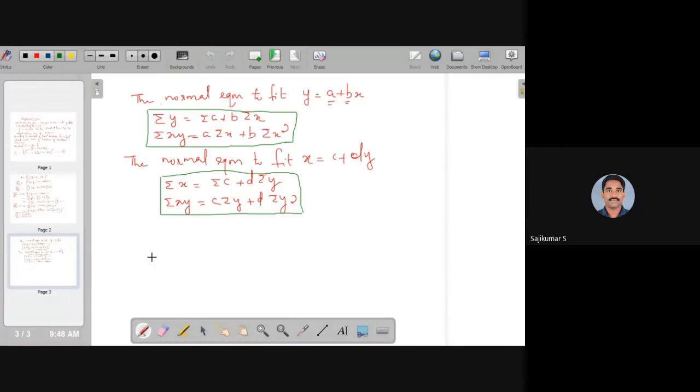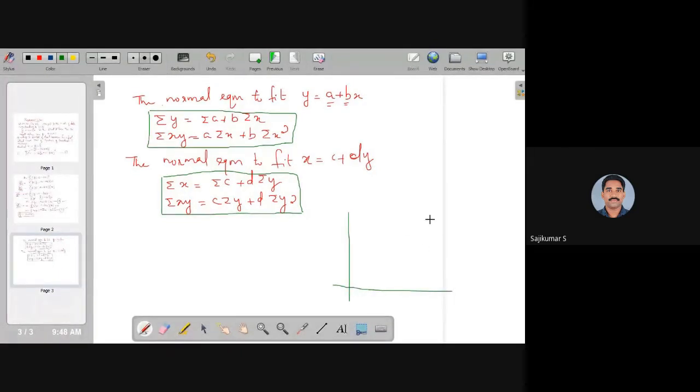If there is a difference, that means some points are deviating from the true straight line or the best fitted straight line, y is equal to a plus bx and x is equal to c plus dy may not be the same. And there may be some inclination between these two straight lines, and we can show that if we draw the graph. Suppose this is the regression line of y on x and this is another straight line, the regression line of x on y. So these two straight lines will make an inclination theta. First line is called the regression line of y on x and second is regression of x on y.